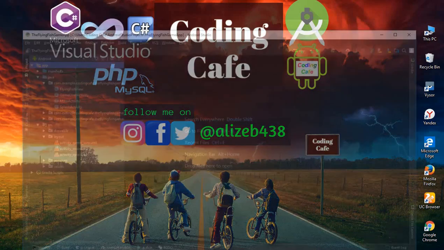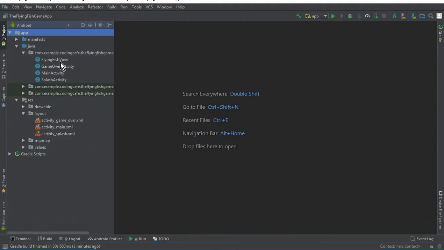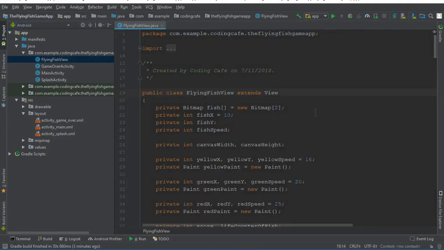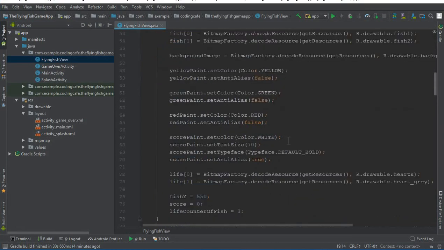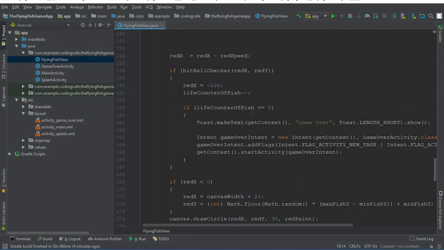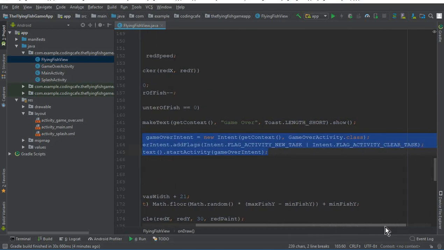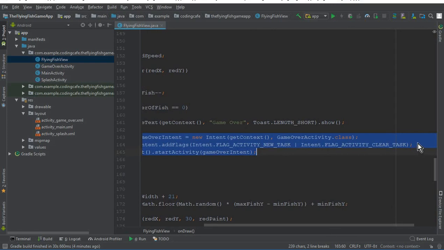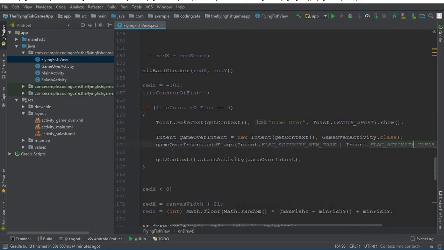So let's do that. Go to Android Studio, and here we have this FlyingFishView class. Click on that, and come down here, where we say if the life counter of fish equals 0, then we send the user to the game over activity. You can see that. Then after this intent.flag clear task,